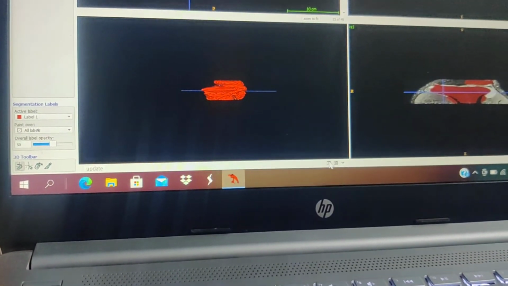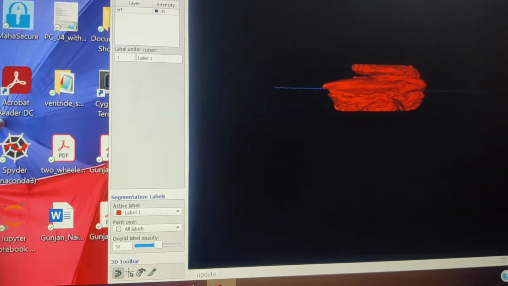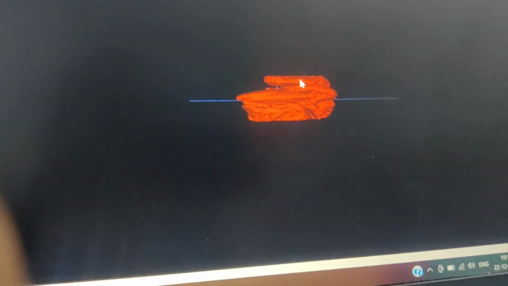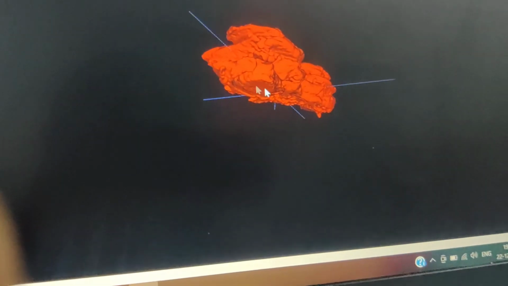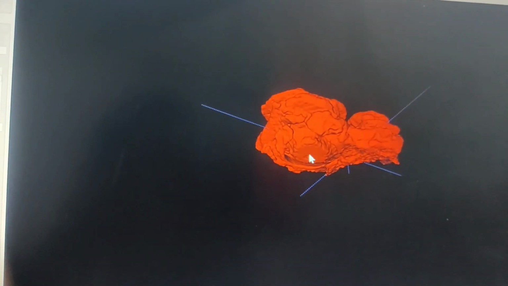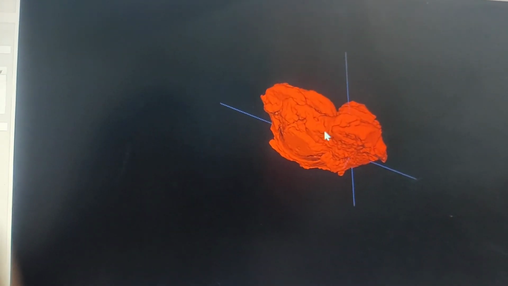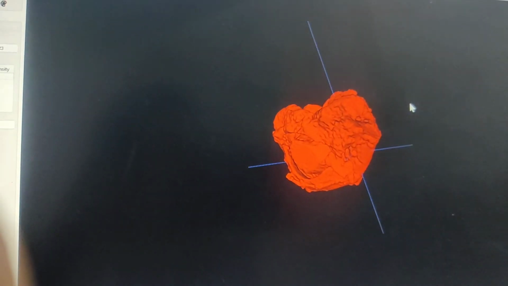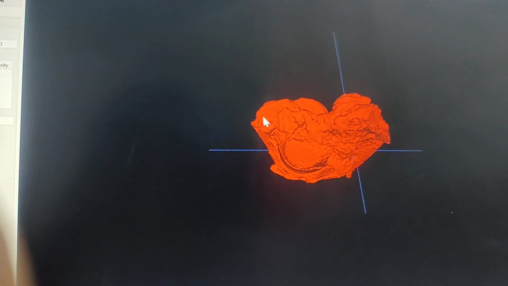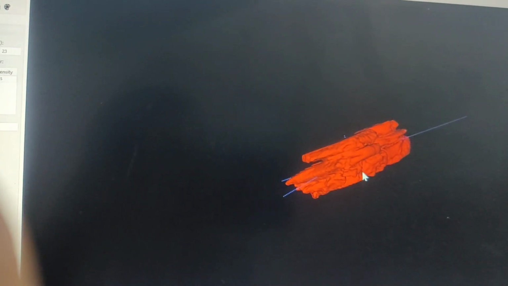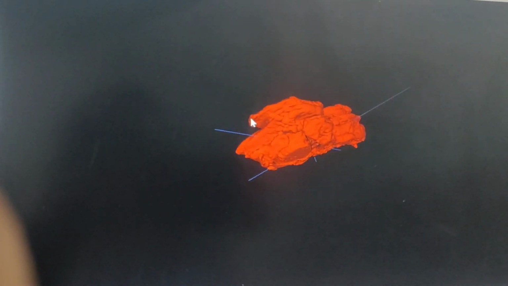So let me increase the size over here, and now you can see that we are getting some 3D structure over here. But now as you can see, the slice thickness is very low. We are not able to get a good visual structure of the knee. If you have good slices, something around 200 or so, then we may be able to see the 3D structure.